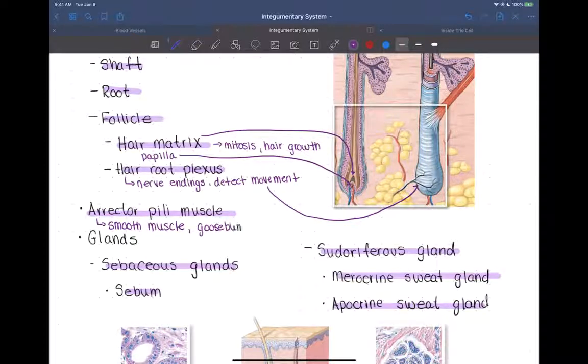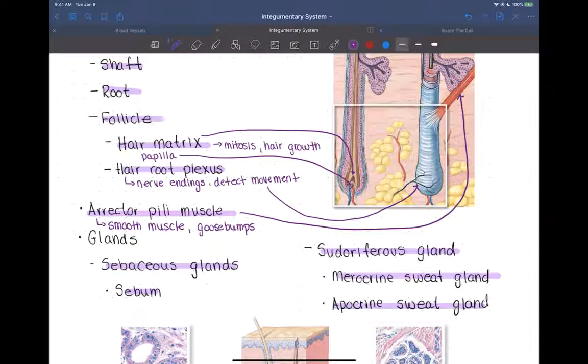And you can't control goosebumps, all right? So that is a smooth muscle, and you can actually see it. If we come all the way around here, all right, that's what we're seeing here, okay? So it's attached to the hair, and it will contract and pull the hair so it stands up, right? It makes your hair stand on end. Okay. All right, so that's the Erector Pili muscle